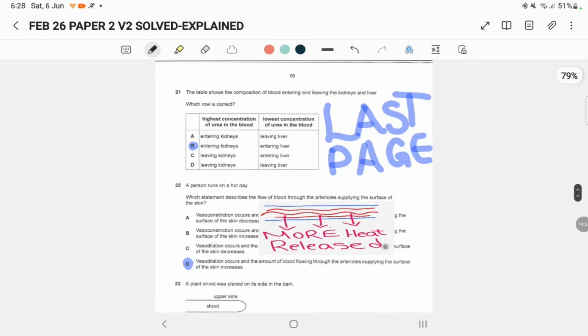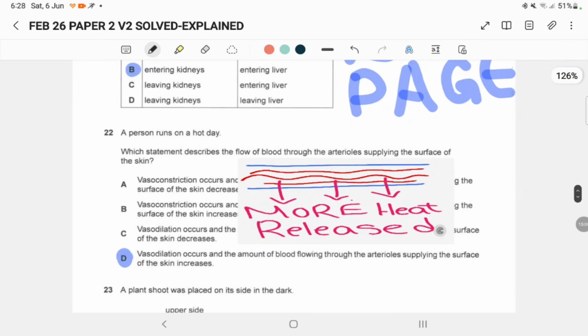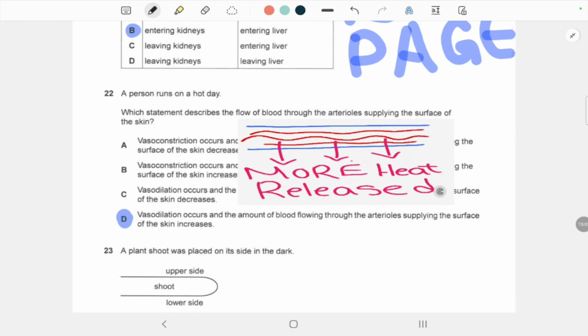Now, question number 22. A person runs on a hot day. It is asking which statement describes the flow of blood through the arterioles supplying the surface of the skin. Of course, when a person is running on a hot day, his body has gained a lot of heat from the sun, and he is sweating and all of that, and my body now needs to take action to return my temperature back to the set point by a negative feedback mechanism. So basically vasodilation of the blood vessels will occur,